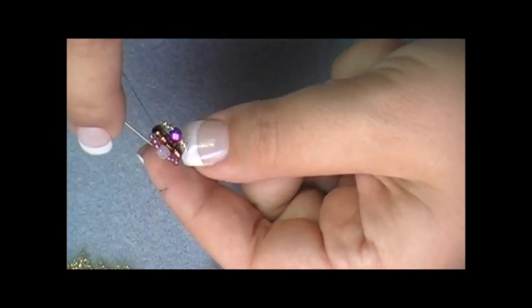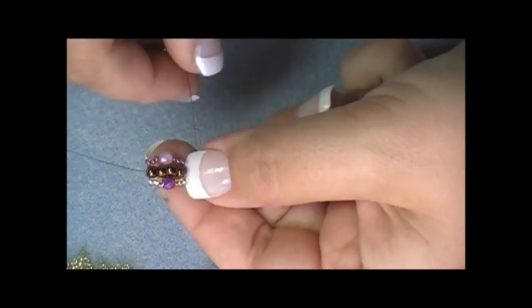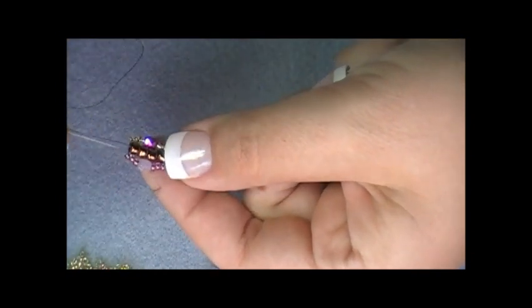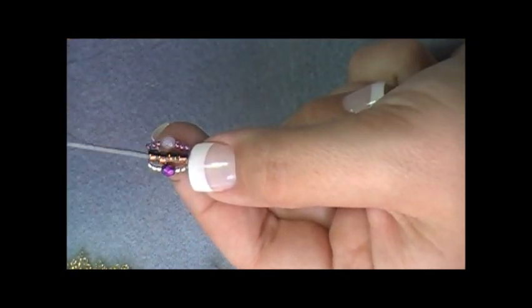And I'm going to pull. So that when I do, I have segment A here on the left, segment B is on the right. Now, I'm going to flip it to where when I'm looking at it now in front of me, my segment B will be on the right and my segment A will be on the left. So again, when you finished, segment A was on this side. Segment B was on this side. So all I'm going to do is simply turn it to where it'll be opposites. Okay? So when I finished adding segment B, it was like this. So all I'm going to do is turn it to where segment B will be